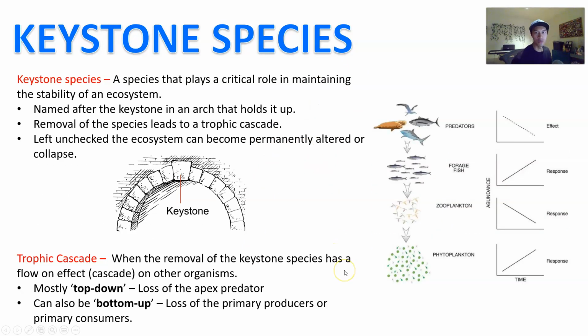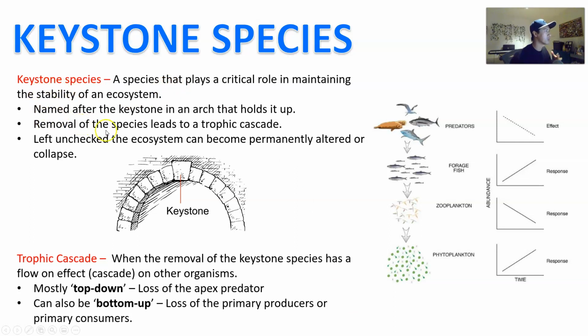In every ecosystem, we also have to think about what we call the keystone species. Despite the fact that ecosystems can be quite large and complex, some ecosystems are very heavily reliant on one or a few particular species that play a really critical role, and we call that the keystone species.